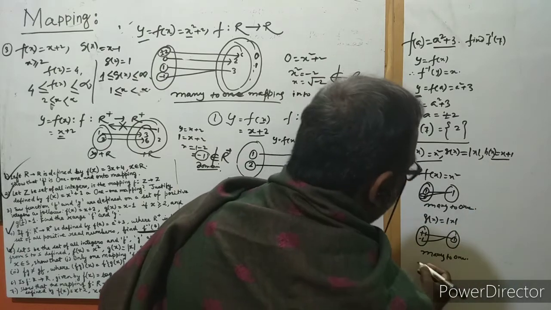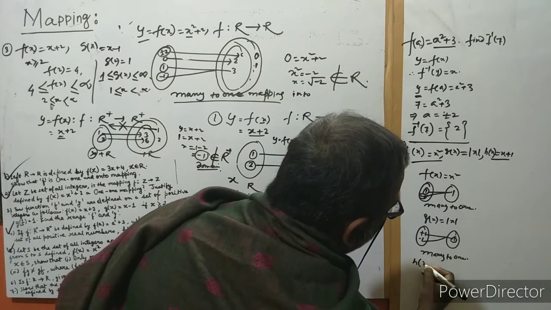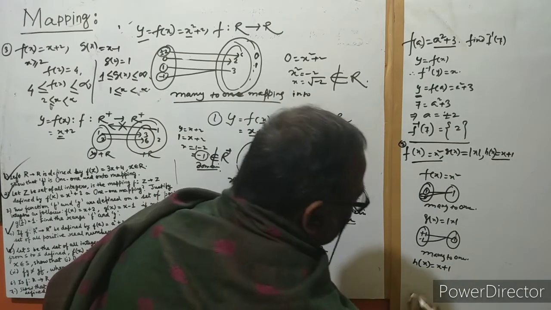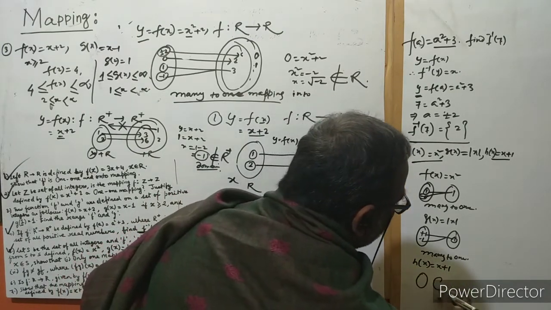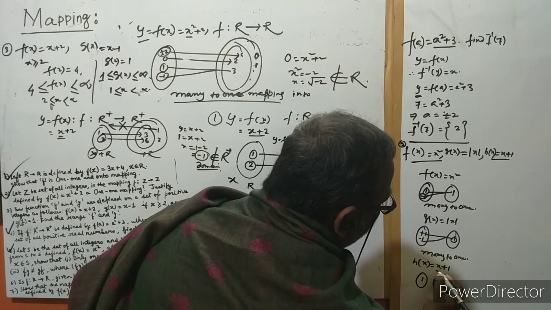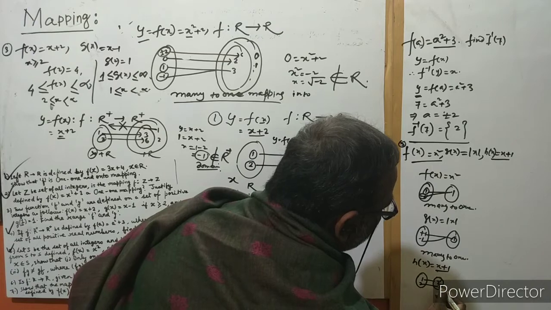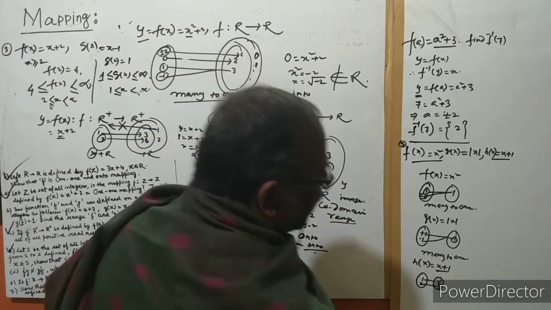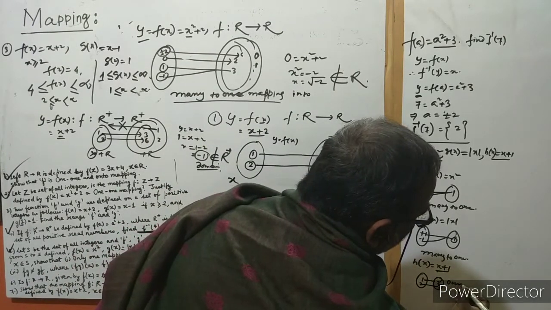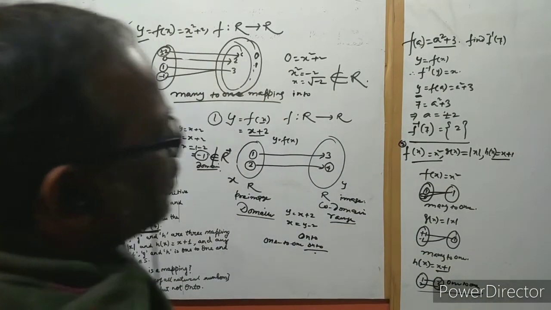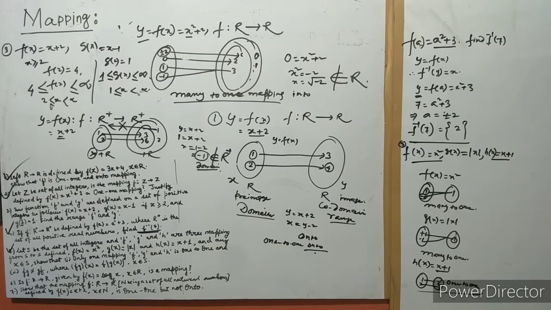But for this, h of x is called one-to-one. It is x plus 1 here, so this is an integer, this is an integer. If we take 1, then we get 2. If we take 2, then we get 3. So this is a one-to-one mapping. Okay. So this is how we distinguish between the three functions.